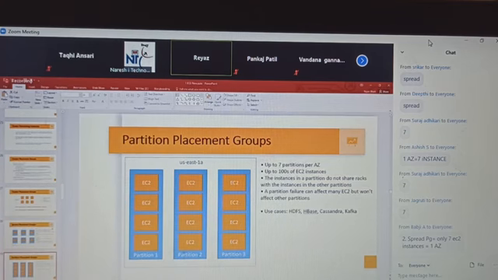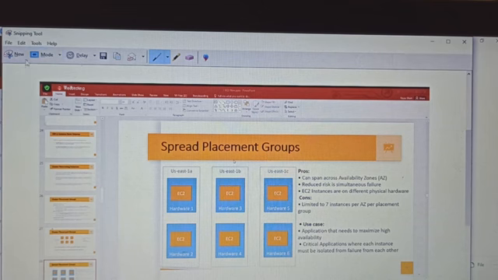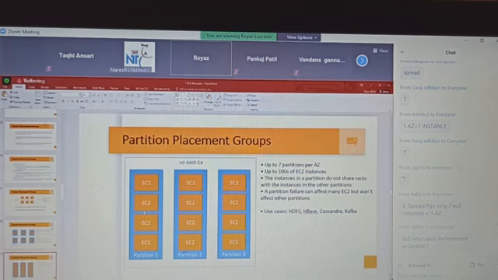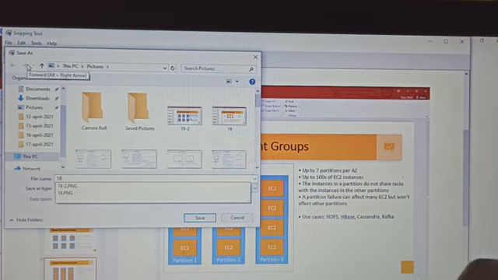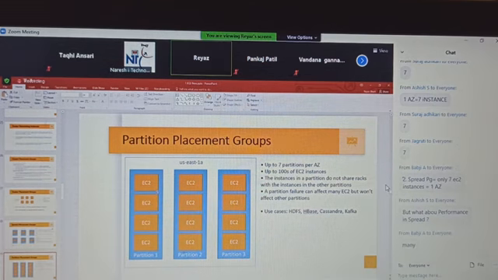Coming to partition placement groups, the same concept, but here you can have partitions. In each partition, guys, you can have hundreds of EC2 instances. How many partitions you can have is 7 partitions, but EC2 instances, you can have as many as you want in each partition. But keep this in mind, if one partition goes down,